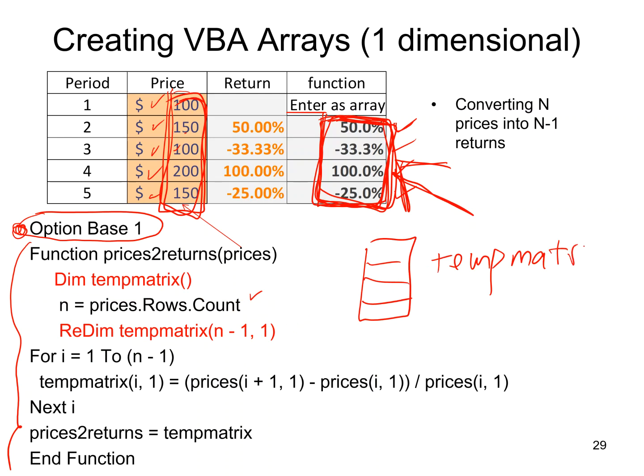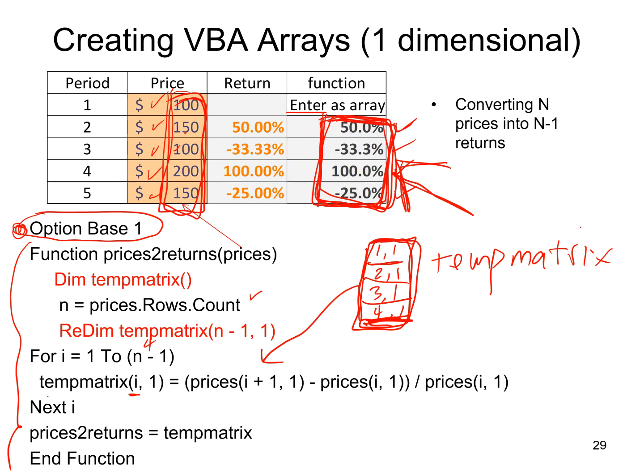So I now have this blank workspace called temp matrix, and it's set up as a 4 by 1 where this is 1 first row, first column, second row, first column, third row, first column, fourth row, first column. So I have a 4 by 1 matrix set up in VBA. Now I'm going to populate this matrix using this for loop. For I equal 1 to 4, temp matrix I, 1 equal prices I plus 1, 1 minus prices I1 divided